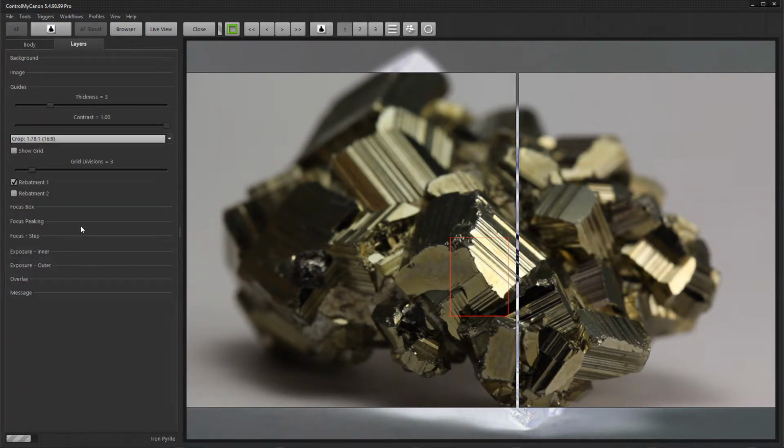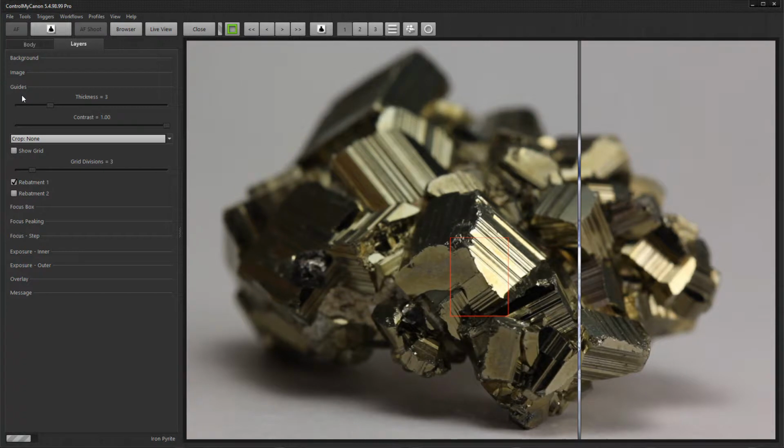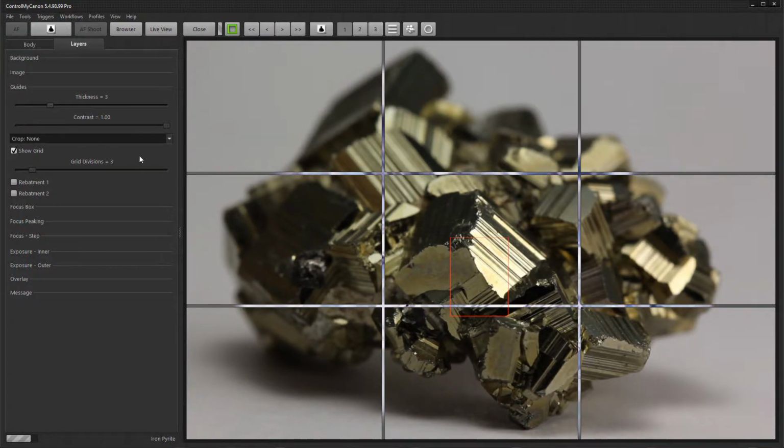Right there. So by putting on these crops and compositional lines, it helps you line up your image to get it ready for post-processing. Otherwise, you kind of have to imagine where you're going to crop it to make sure, and where your compositional lines are. Okay, so I'll take the rebatment off, put the grid back on,